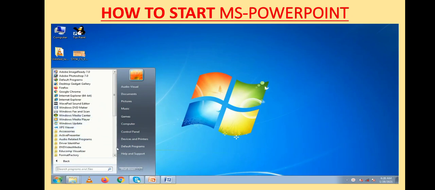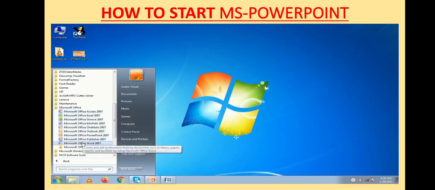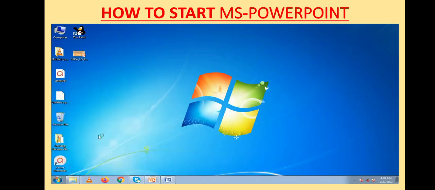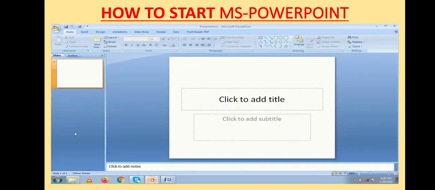And search for Microsoft Office. Click on Microsoft Office. The list of various applications of MS Office will be visible. Out of that, you select Microsoft PowerPoint and click on that. In this way, you can start MS PowerPoint application in your computer.